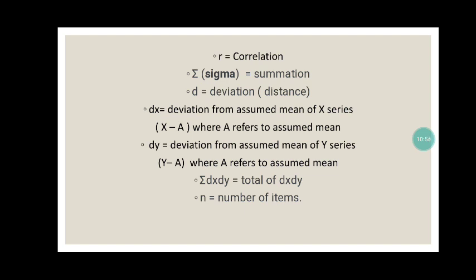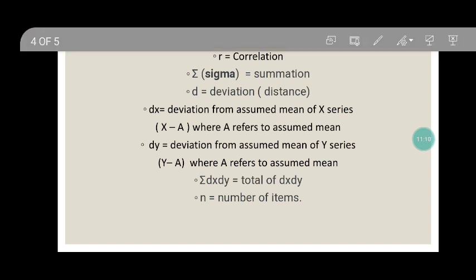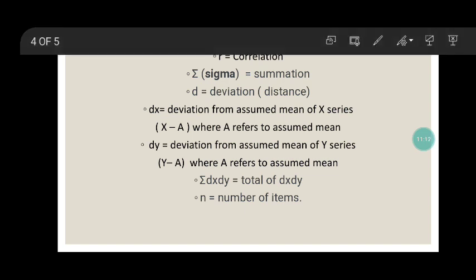For your knowledge, I have given you the meaning of all the terminologies. We are going to see the calculation and the detailed description of these terminologies in the numerical problems when we solve them. So this is the interpretation of the different terminologies that we are going to use to calculate the coefficient of correlation, while we use the method of Karl Pearson's coefficient of correlation for calculating the coefficient of correlation.